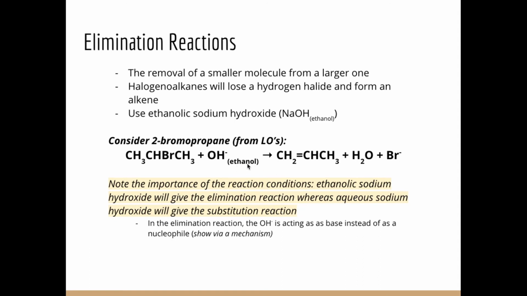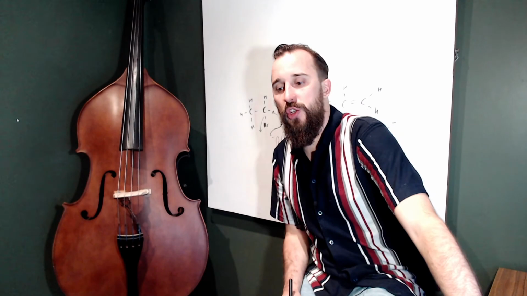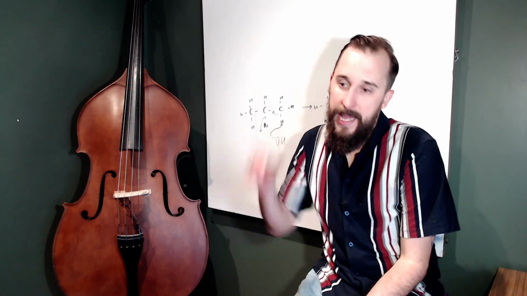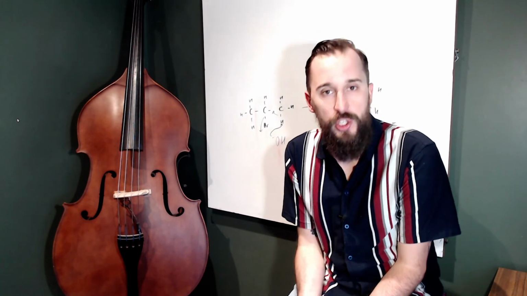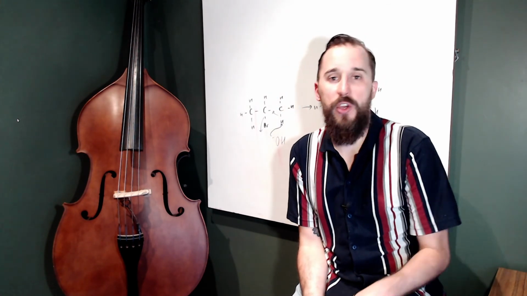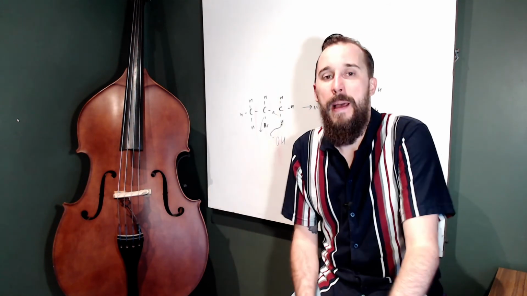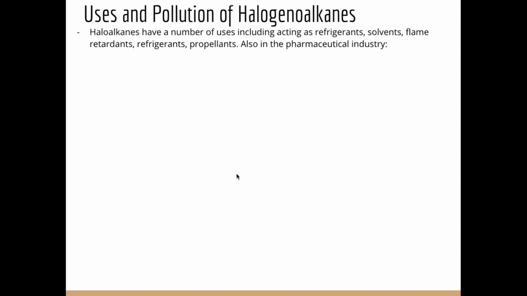in their mechanisms. Okay, so that's just a brief introduction into what the halogenoalkanes are and some key reactions we need to be aware of. Halogenoalkanes are interesting because they're not found all that often in nature. However, they have a huge number of uses in all sorts of industries. But then it was found that there were large environmental ramifications from the excess with which we were using them. So that's what we're going to have a look at now, the uses and the pollution of these types of